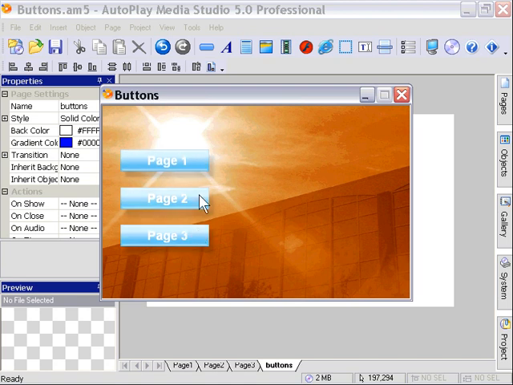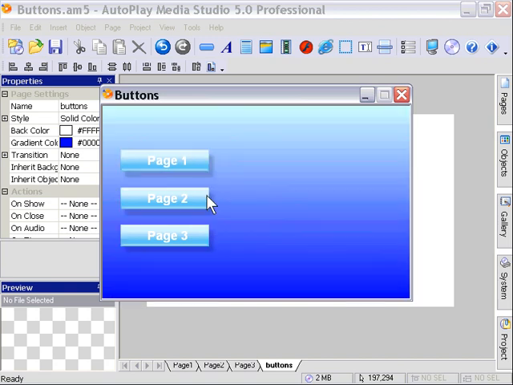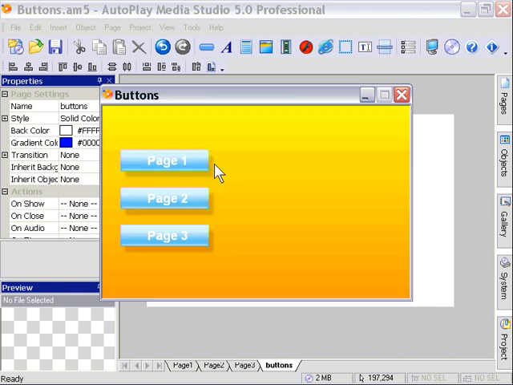You'll notice that when we mouse over these buttons, the shadow changes, of course, and the button pops up, how we had it set up in Photoshop. But the main thing is you'll notice that the pixel data is interacting with the background that we've got. Same thing for each gradient. So that's kind of interesting, and that's the real power of AutoPlay Media Studio, using true PNG alpha transparency for the button objects. Okay, let's go on to the next tutorial and we'll take a look at how we can use the toggle